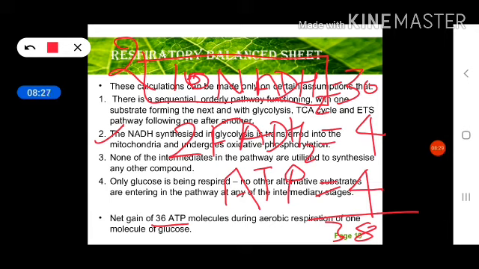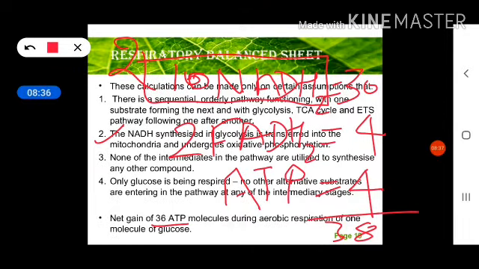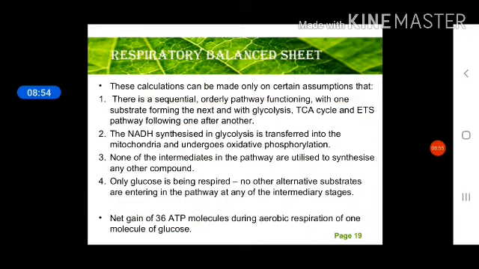Third point, NADH is oxidized to NAD plus rather slowly in fermentation. However, the reaction is very vigorous in the case of aerobic respiration. So in short, in fermentation there is partial breakdown; in aerobic respiration, complete breakdown of the respiratory substrate takes place. Second, in fermentation we get only 2 molecules of ATP, while in aerobic respiration we get a large number of ATP. And third, fermentation is a slow process, while aerobic respiration is a fast or vigorous process. Okay.